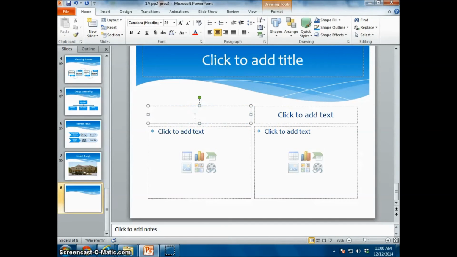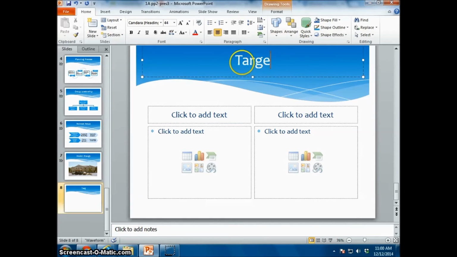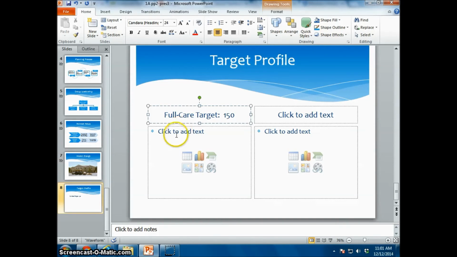So the first one on the left, we're going to call that one, I'm sorry, let's go up to the top first. It's going to be target profile, and then we do our sub. And the first one is going to be called full care target, and then we space twice after a colon, 150. And then in the content area underneath,